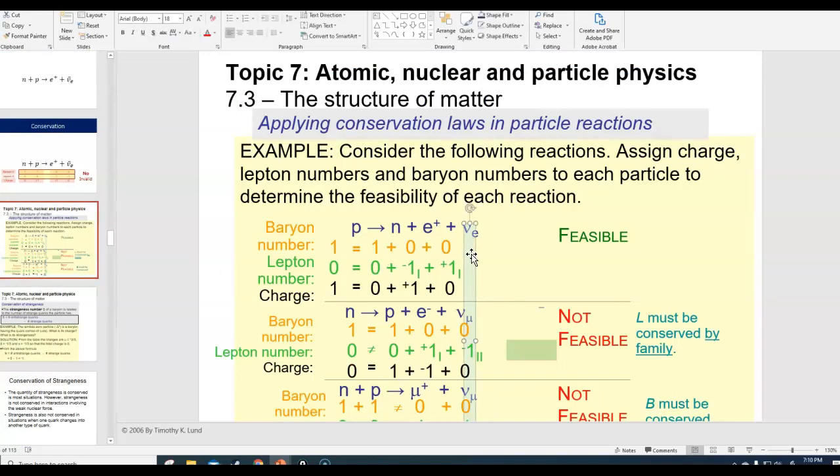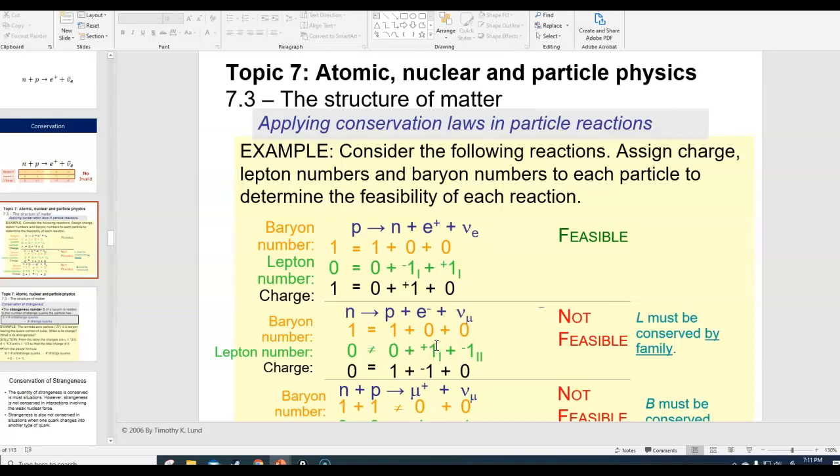If you take a look at this slide right here, you can see other examples of how reactions are either feasible or not feasible based off of whether or not they violate conservation laws. So this top one is feasible. That looks similar to the one we just saw, but it's rearranged in a way where it's feasible. This bottom one down here is not feasible because even though overall lepton number is conserved,